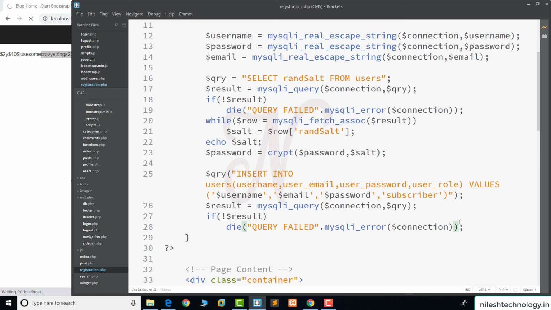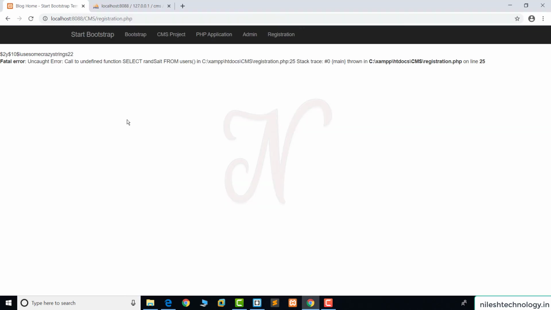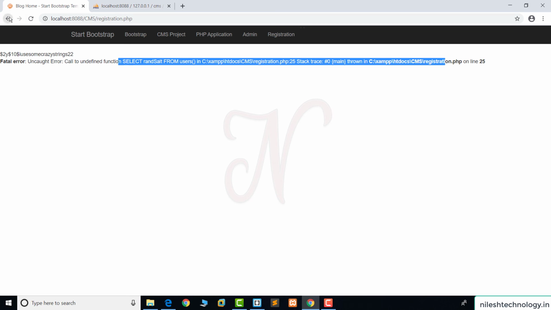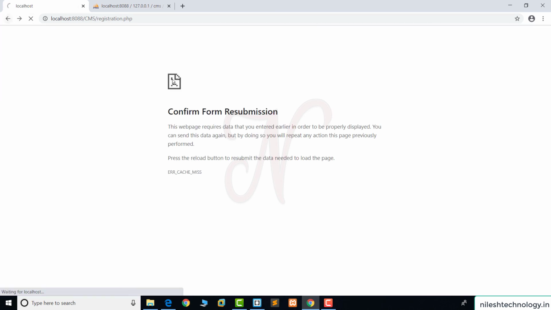So save these changes. Call to undefined function select on line number 25.